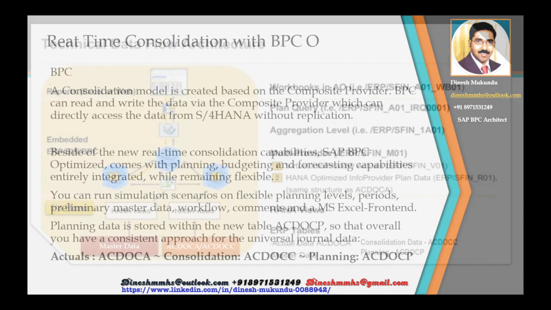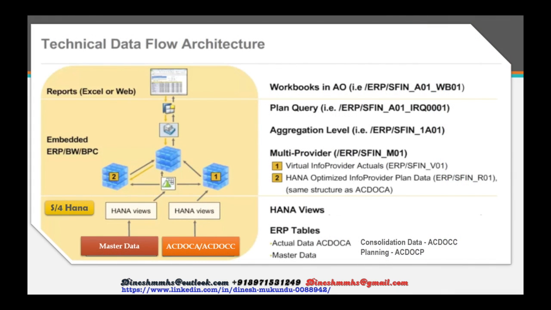This is the technical data flow architecture of SAP BPC optimized. The S4 HANA has the HANA views on top of master data, plan data, actual data, and consolidation data tables. You have embedded BPC, which has the multi providers. You have the aggregation level. On top of that, you have a planning query, and the workbooks are accessed through